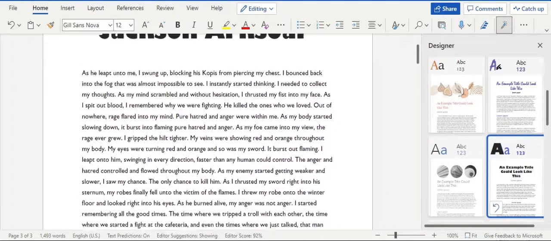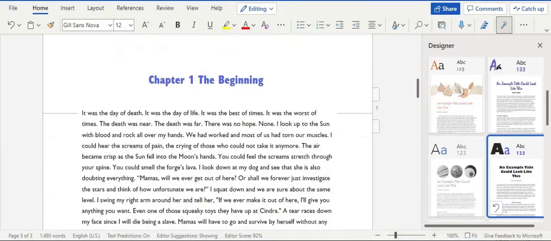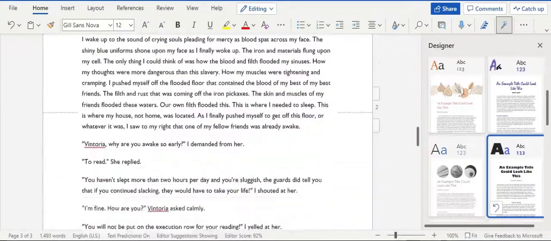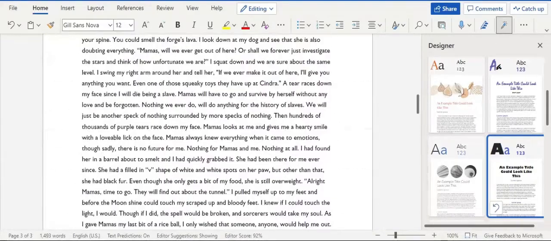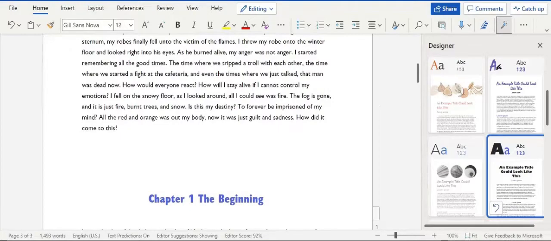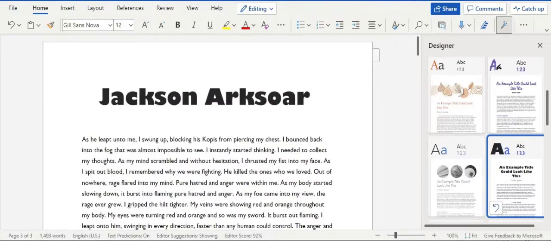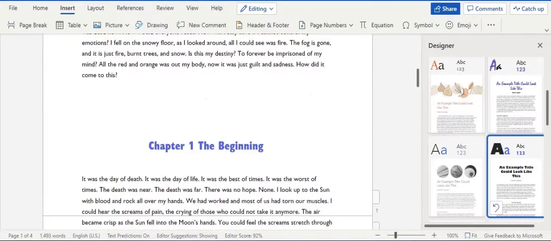And as you can see, this helped so much. It looks 100 times better. I mean, look at how the font makes it a billion times better. Everything. Of course, if your teacher doesn't want you to use a certain type of font, you could always change it. But in my opinion, Designer is such a useful tool when it comes to Word, and it is way underused. Let's go. Now, for the fifth and final step,